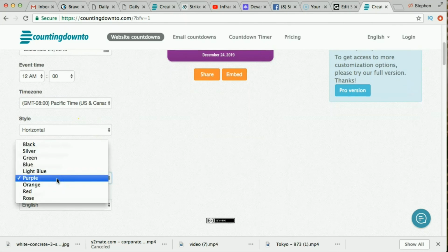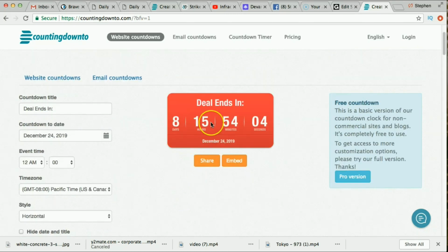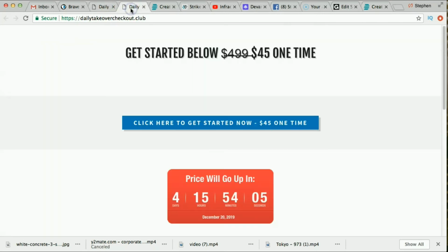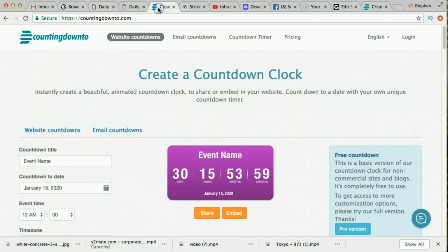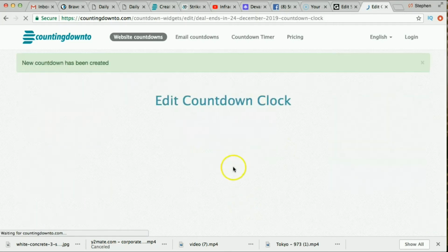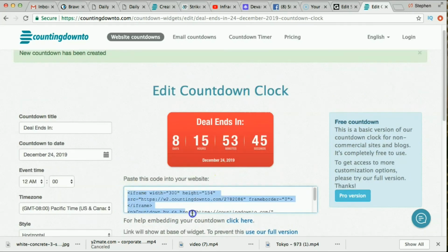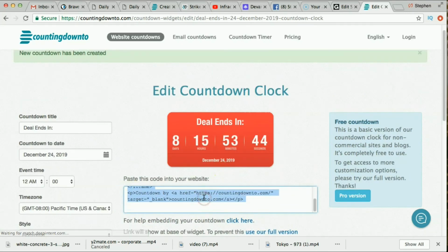Now the countdown timer that I just showed you guys was red. I selected the color red, and so my counter on my website was red. So you guys see this right here, how it's red? So when I went to my countdown timer, I just selected red, so now it's red. When you get ready to put your countdown timer on your website, you can select embed, and you want to copy this entire code, right click and copy,